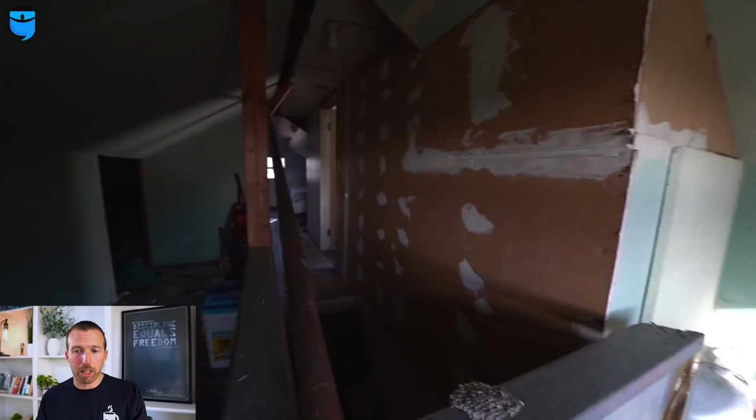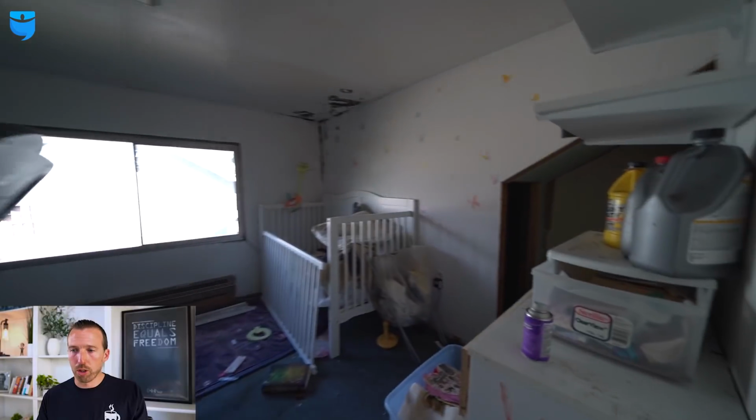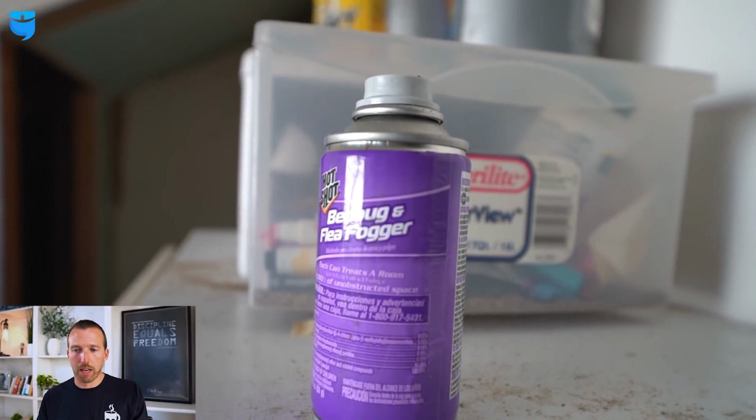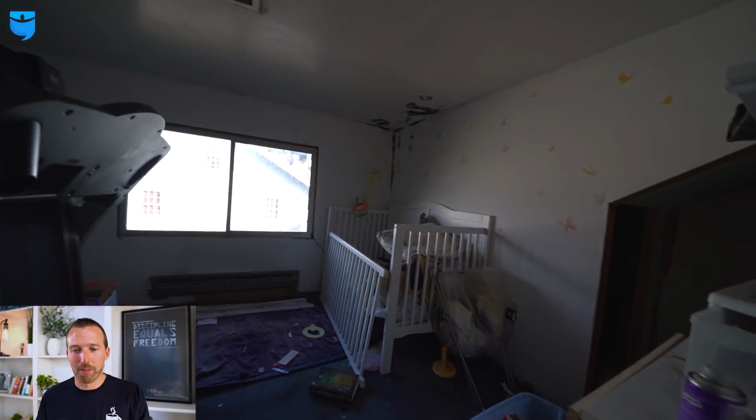This is just the attic space. You can see kind of a weird nook area that you'll probably never use. And this is the dormer area, which unfortunately was a kid's bedroom at some point. Uh-oh, that's a bed bug, flea fogger. We had bed bugs before. Don't ever buy property with bed bugs in it. That's a little scary, but it's probably fleas if I had to guess. But this is the dormer area, and this will be counted as a bedroom for sure. Small bedroom